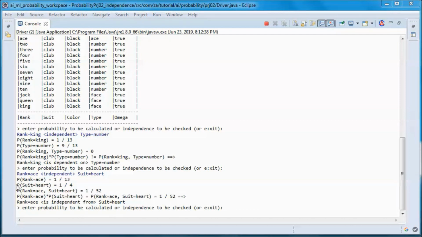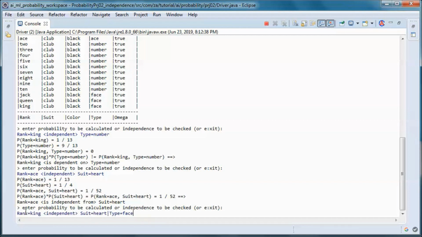And we have 13 hearts out of 52 cards, so it simplifies to 1 over 4. And we have 1 ace of hearts, so 1 out of 52. And if we multiply those two, we get this. So both of those events are independent.